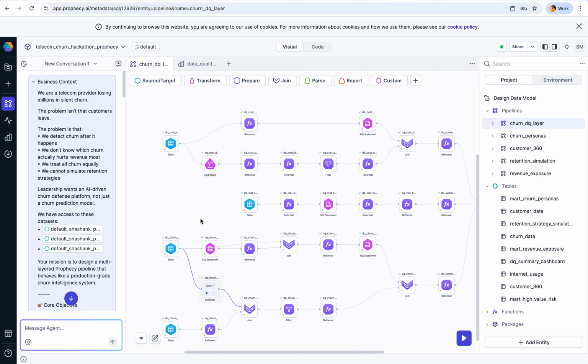Let's talk about the problem statement a little bit, because for this project I have used telecom data, and one of the common problems in this domain is churn prediction. Setting up the pipeline totally through the AI agent, providing the right context and the business problem statement, was the main intention and outcome of this project. Let me start with the simple but painful truth about the telecom industry.